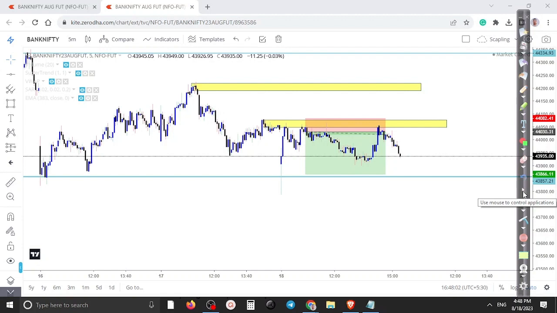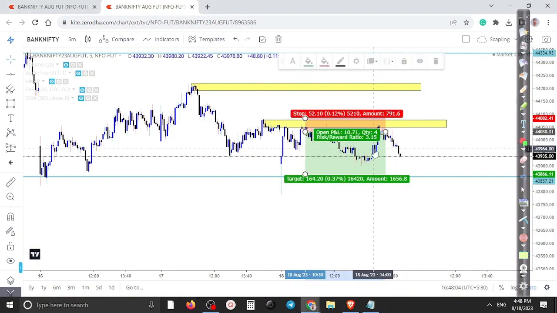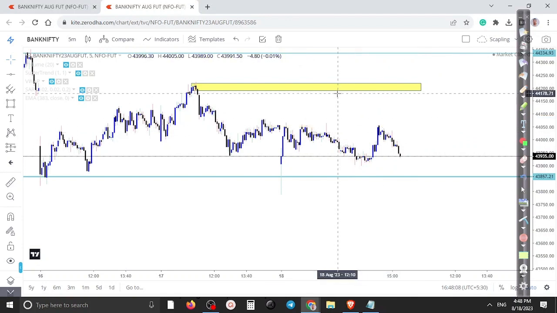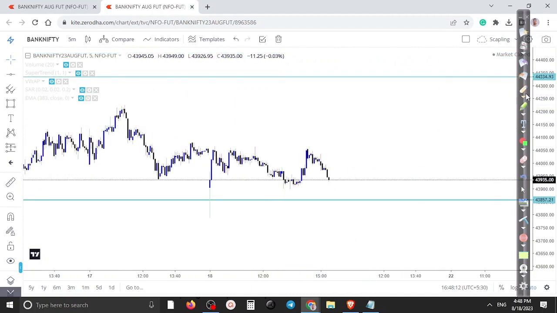Now next, how do we understand whether the market will reverse from this area or not? In that case, we need two P's. All right, two P's. What is the meaning of two P's? Let me explain. Just wait. Let's say the market is running a downtrend, creating lower low, lower high, lower low, lower high, and lower low. But next, it is trying to create